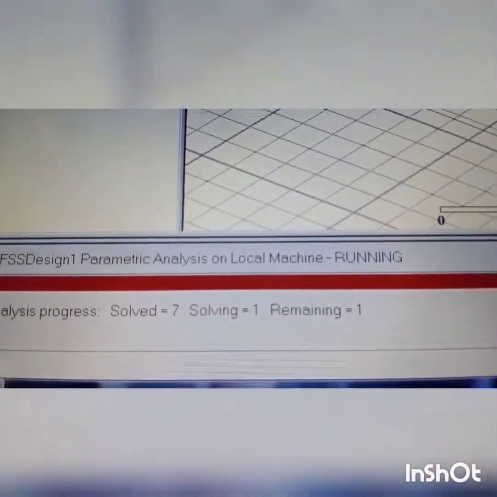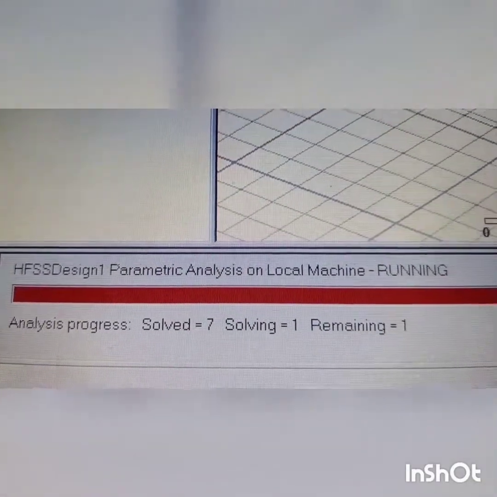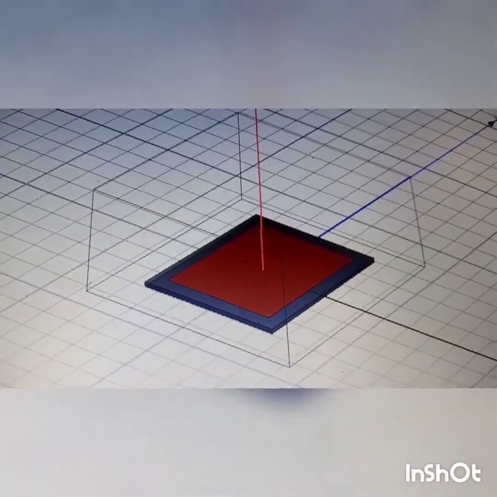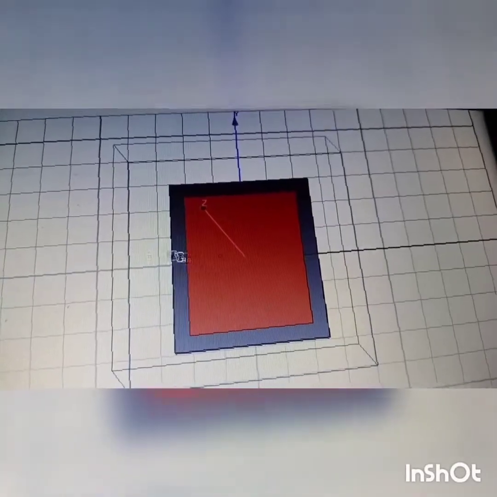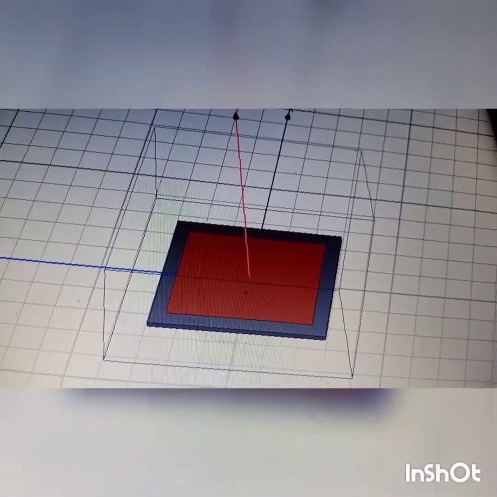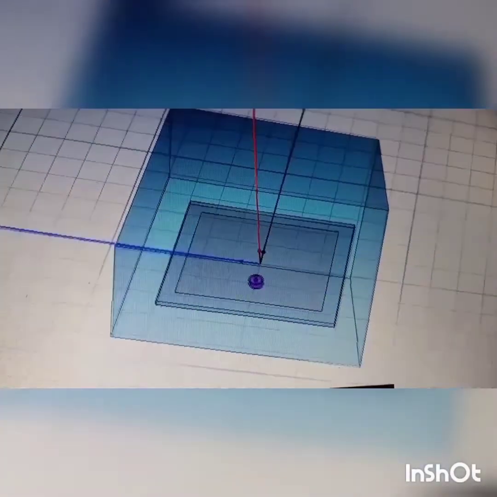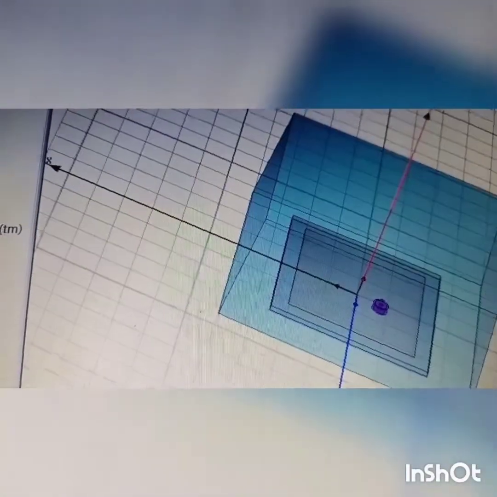What will happen with the probe? Just see. I think it is ending the analysis now. So from these various positions, from 8, 8.5, 9, 9.5, 10 like that up to 12, we will see whether we are shifting the resonance or not, or maybe you may get a better impedance match also. If it is good, you select that and go for some other optimization process, maybe dimensions including length, width, like that.